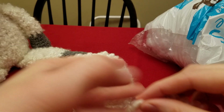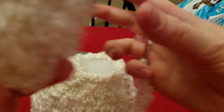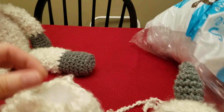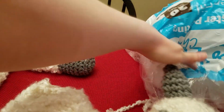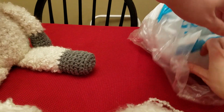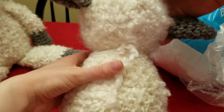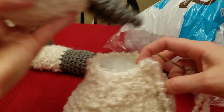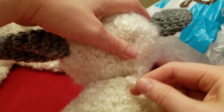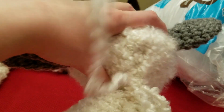So go ahead and get your yarn needle. A little bit more stuffing. And after you're done stuffing it to your satisfaction, you have your lamb's head on here. Okay, you're just going to start in the back and grab a stitch of the head, pull through,